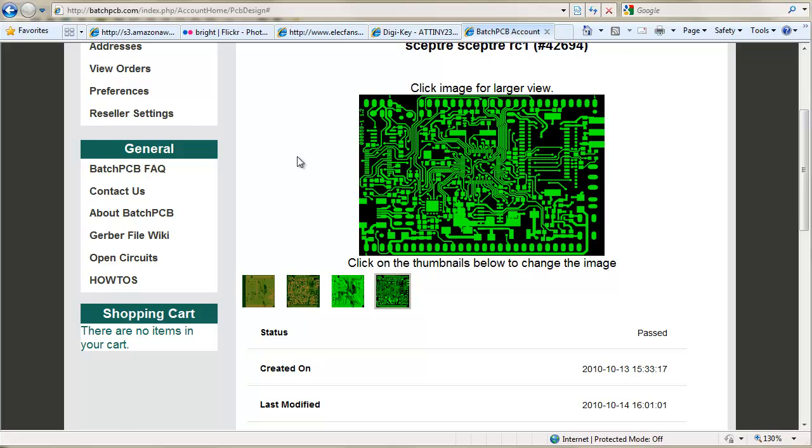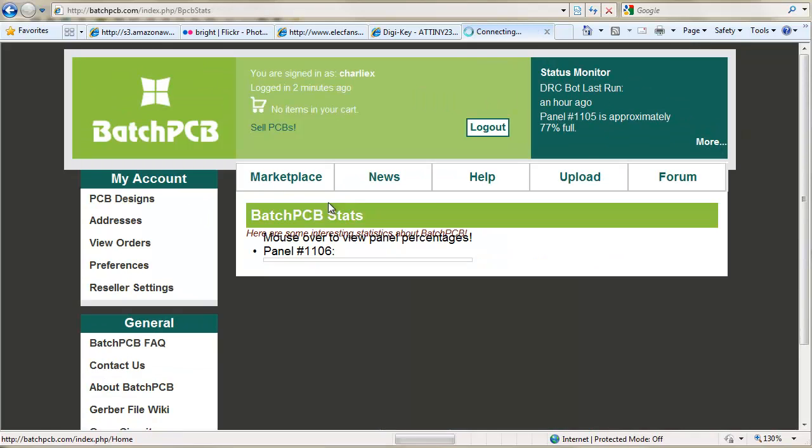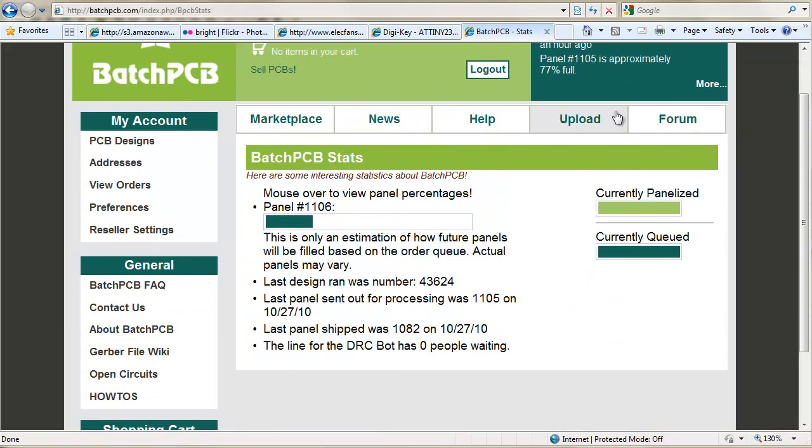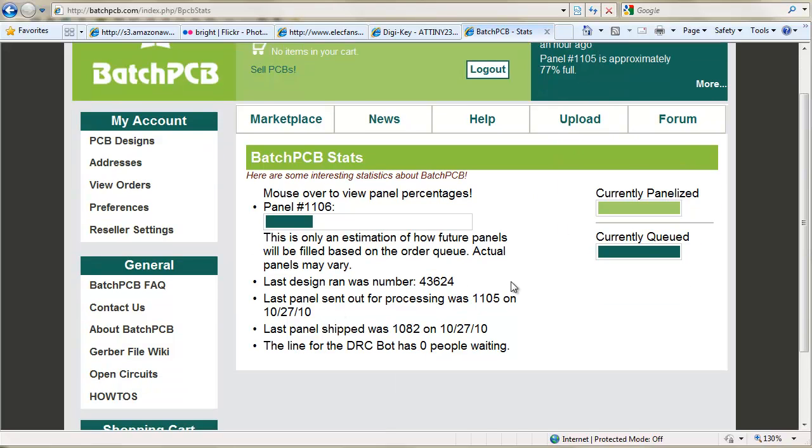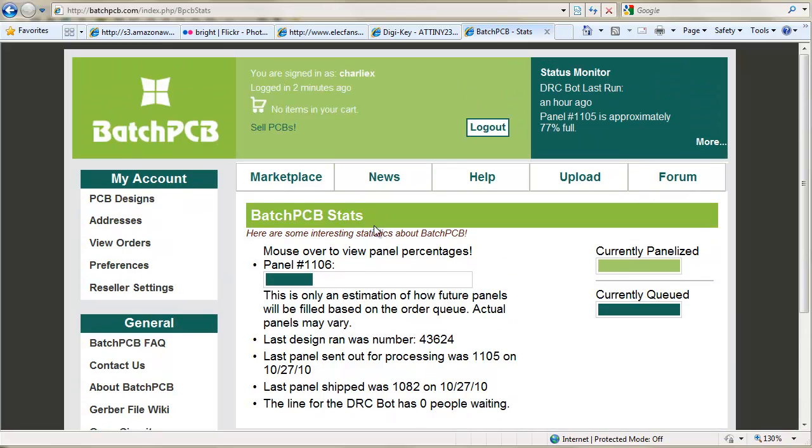So you look at the DRC bot, wait for it. It's going to be in there. Someone's run it an hour ago, so it's basically going to wait. It'll send me an email when it's ready to go, but I know it's going to fail. But that's basically how simple it is to upload stuff into